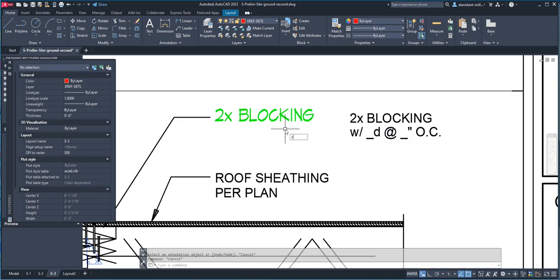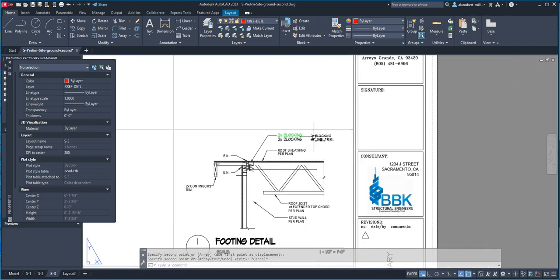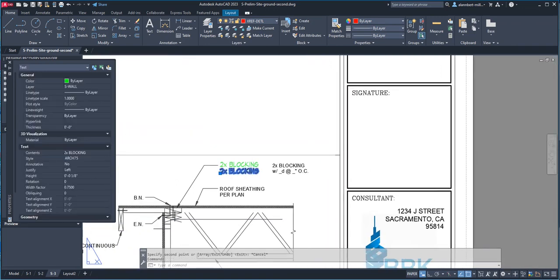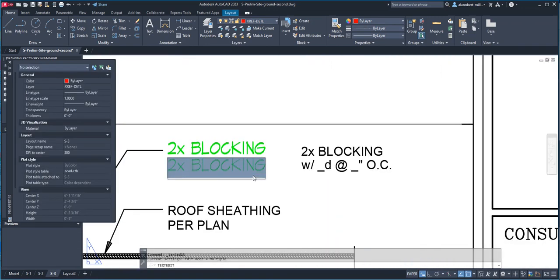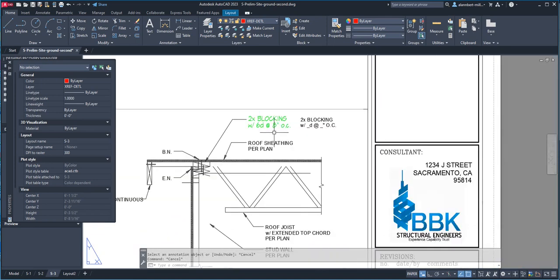Okay, so because this is a generic detail, it doesn't specify the actual nailing. So if you remember our discussion about nailings, let's say 6 penny at 8 inches on center. There you go. Okay, you can change it that way,